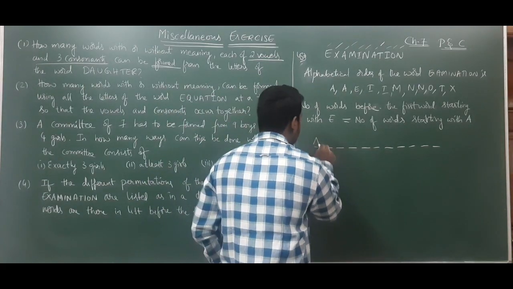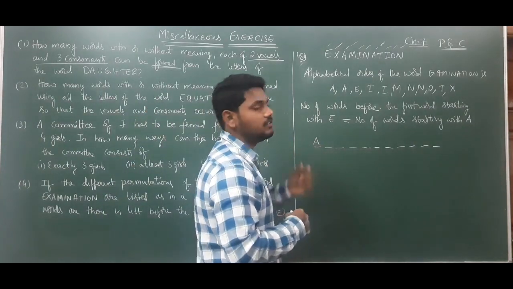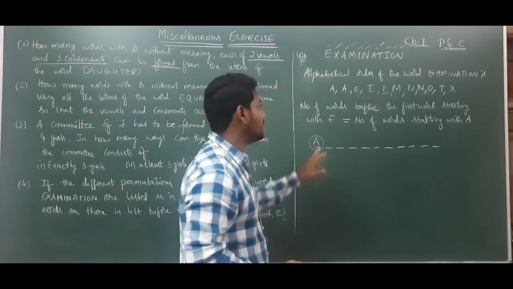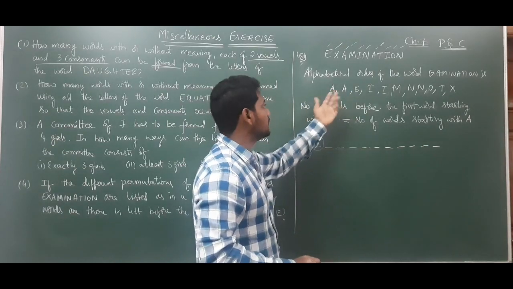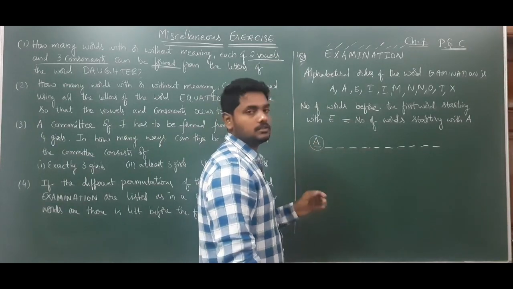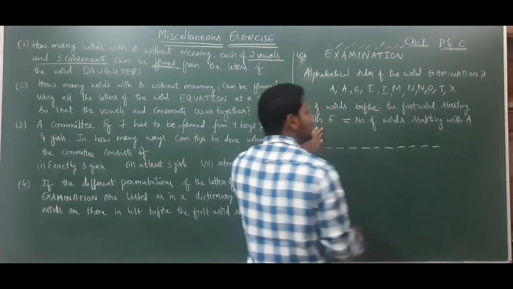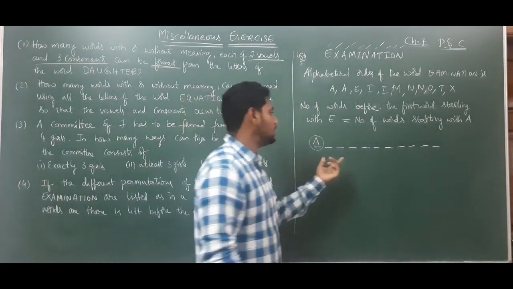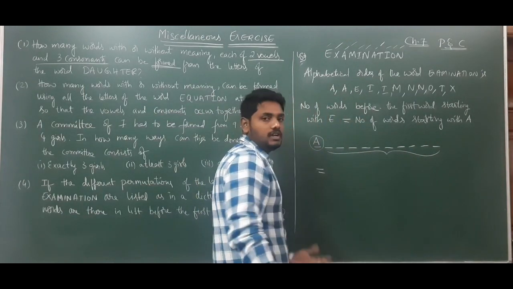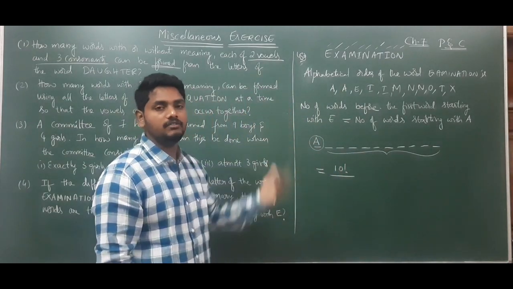As we have discussed how to find ranks of words, you will find it like this. First letter is A. This is fixed, that means only one way, either this A or this A. They are like twins, we cannot identify them, so you will have the same meaning. So this can be filled in only one way. Out of 11, the remaining 10 places can be filled in 10 factorial ways, right or not?